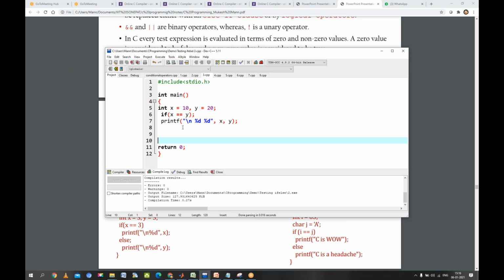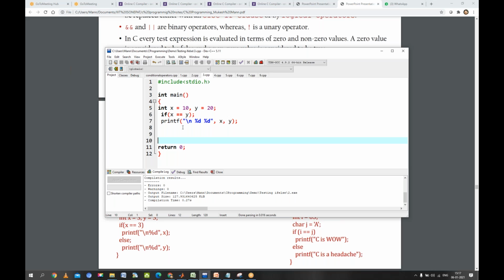So by default, the immediate statement is the semicolon, with nothing written before it. Outside of that we print x and y. So what will be the output?